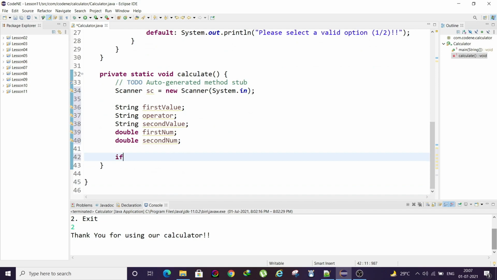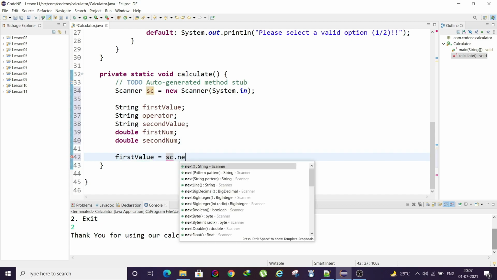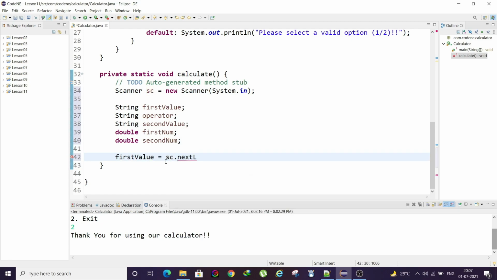Our first goal is to take the first value itself. First value equal to sc.next. Now after taking the first value, we are going to convert it.